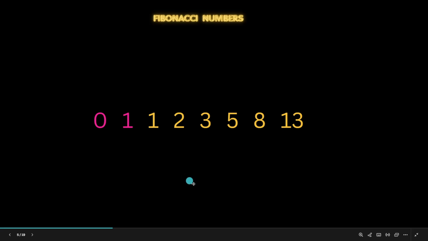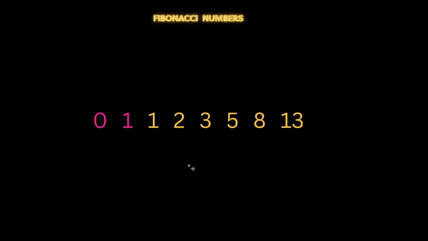So, what are Fibonacci numbers? The Fibonacci numbers are very useful for introducing an algorithm. Before we continue, here is a short introduction to Fibonacci numbers. The Fibonacci numbers are named after a 13th century Italian mathematician known as Fibonacci. The first two Fibonacci numbers are 0 and 1, and the next Fibonacci number is always the sum of the